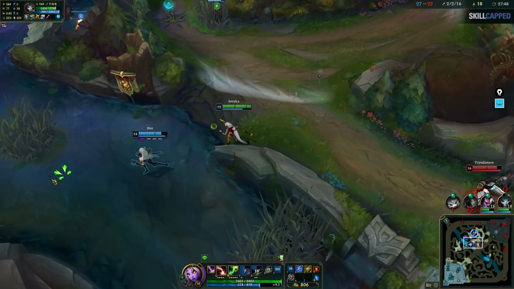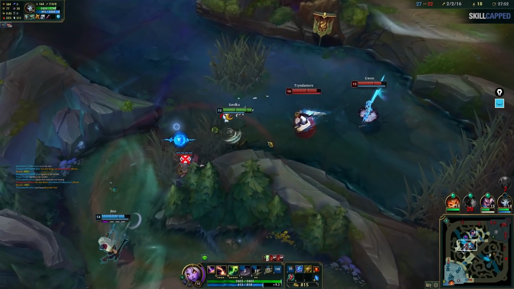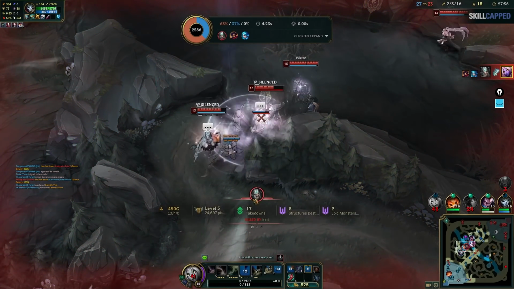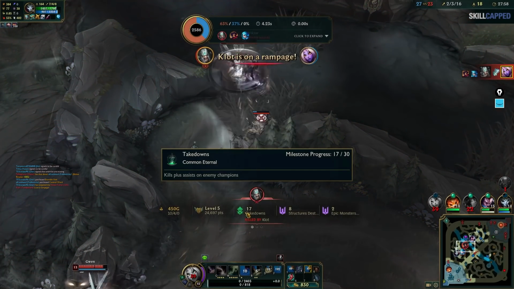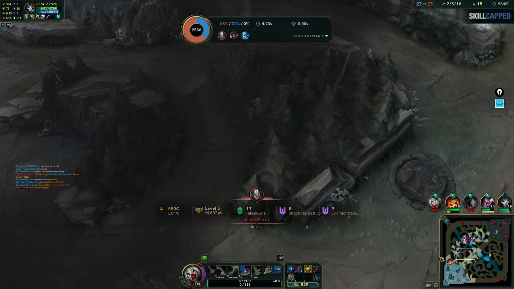Okay, so now I've given him more than enough HP. We are getting run down very heavily. I do die here. Yeah, so I do die there, unfortunately. The team just wanted to keep pushing, which was really, really bad, since we just wanted to go and get